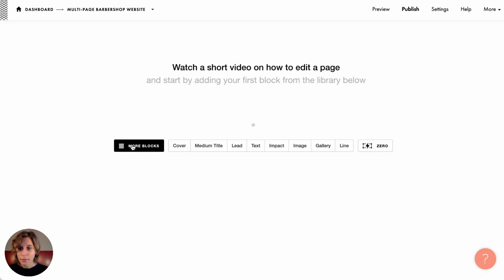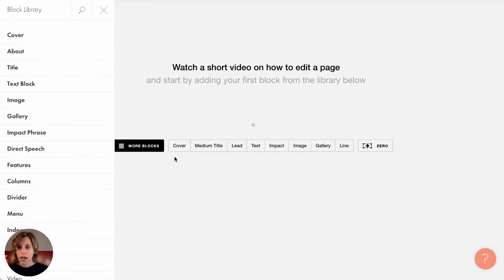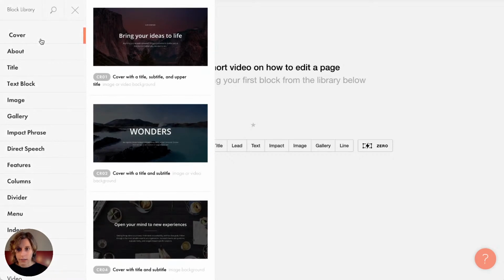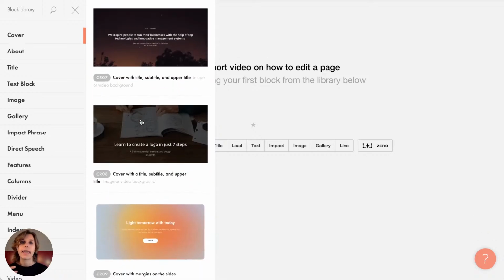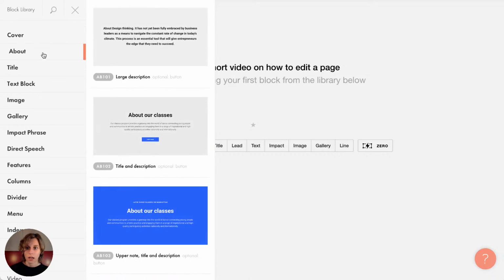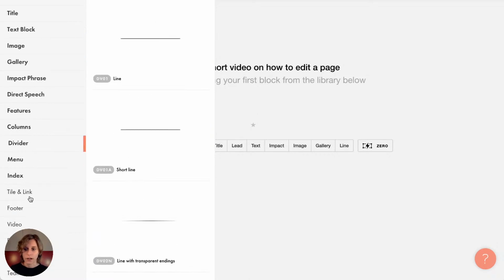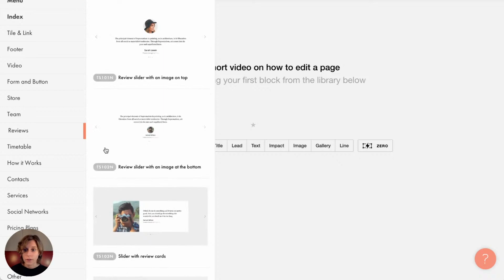You have this black button, more blocks. Okay, I hit it and I am inside a block library. What's a block library and what are the blocks? So basically, Tilda is a website builder where you can assemble your website out of small blocks, so small sections of your page. Okay, so each page consists of several sections. They might be listed over here, like a cover, about, title, columns, dividers, menu, block, okay, reviews,